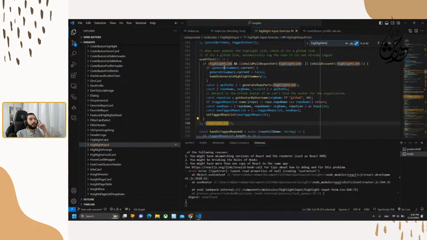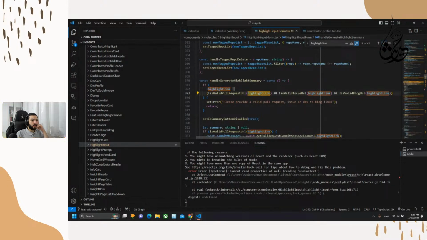I'm checking where we are using the highlight link so I could get an idea about the work we have here.